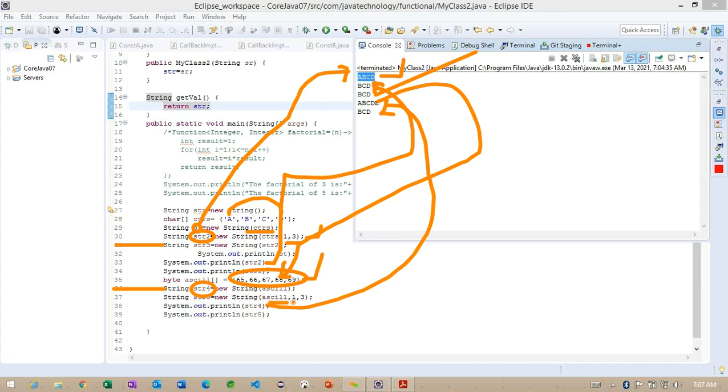And after that, the last constructor, we are having some restrictions here. Using this particular restriction, we are creating one more object here. That is called BCD. So these are about the constructors, and we are going to call them overloaded constructors. So in the string, we are having different types of constructors here.